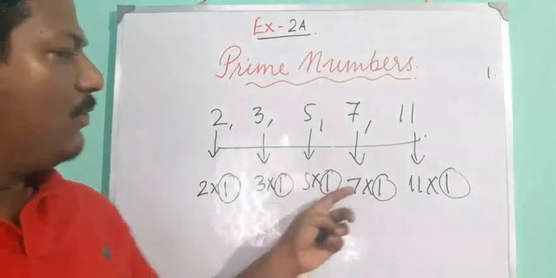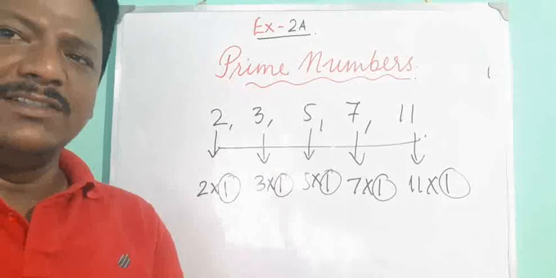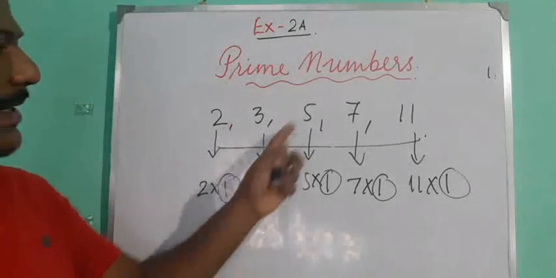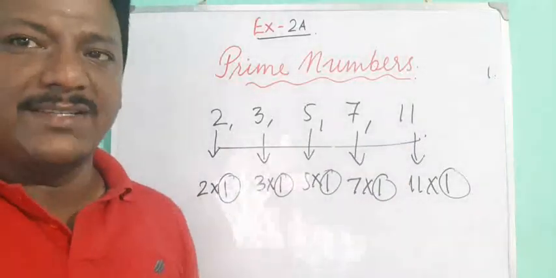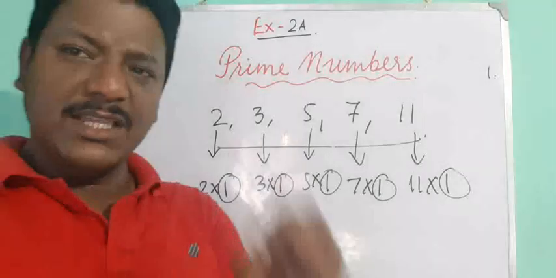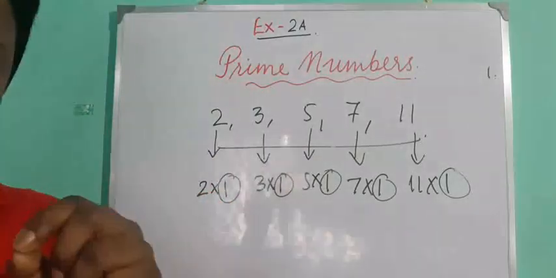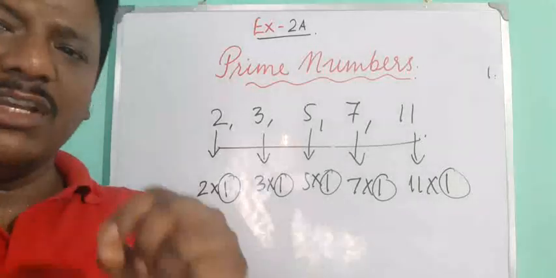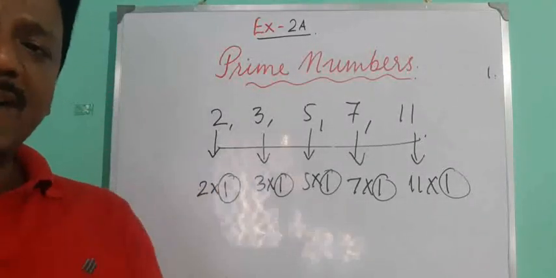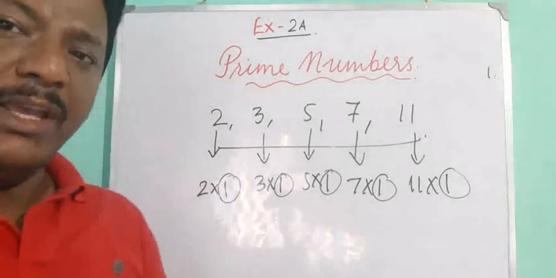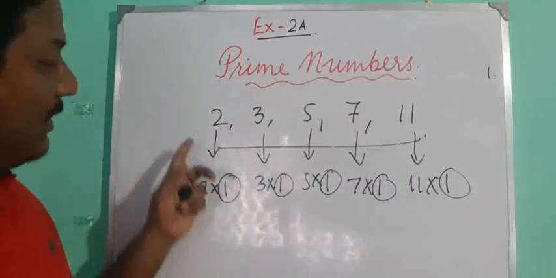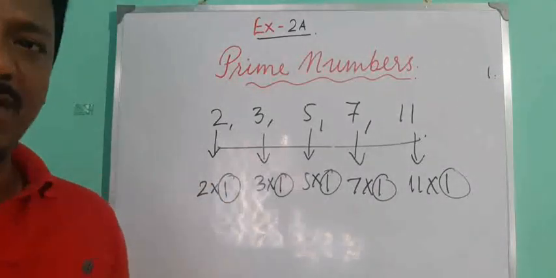So that is why we don't consider 1 as something different. And other, what do you see? The number itself. The number itself. So what can we say about the prime numbers? The prime numbers are the numbers which do not have factors more than 2. Okay, more than 2 factors, and those 2 factors are, one factor is 1 and another factor the number itself. The number itself.